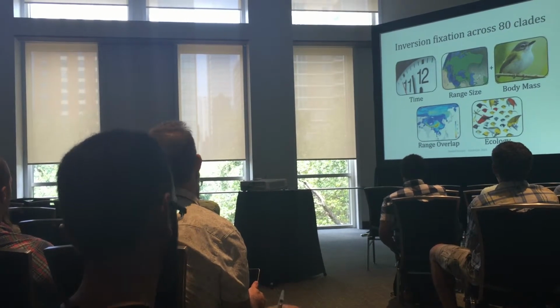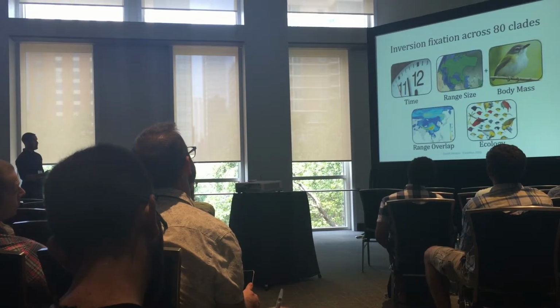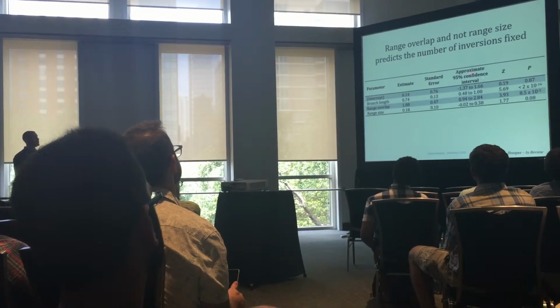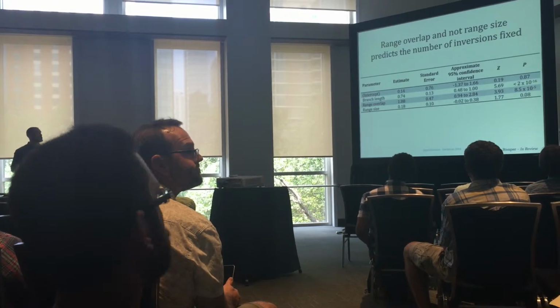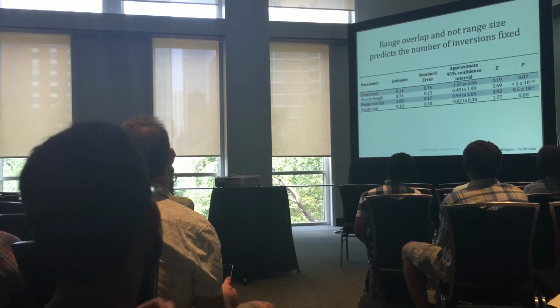The number of inversions with respect to these traits within each clade. And what I found is that the best supported model for the number of inversions in a clade included 3 parameters: branch length, range overlap, and range size, but only range overlap and not range size was found to be